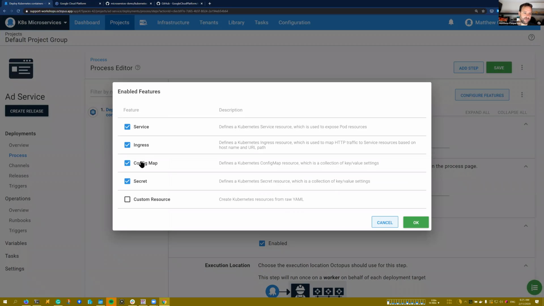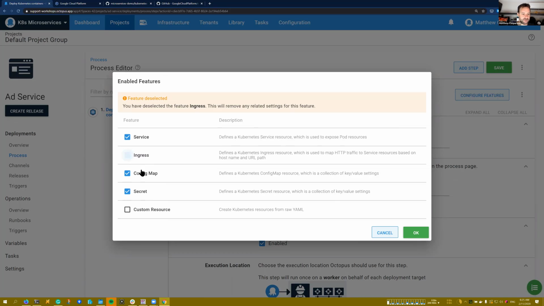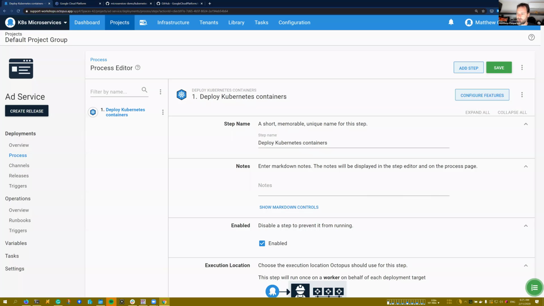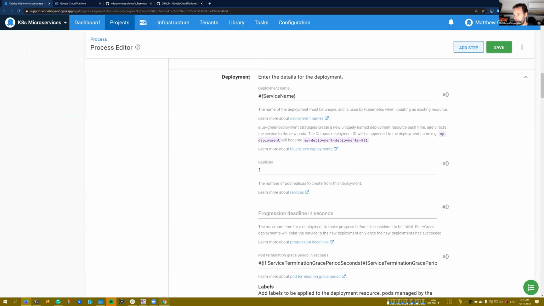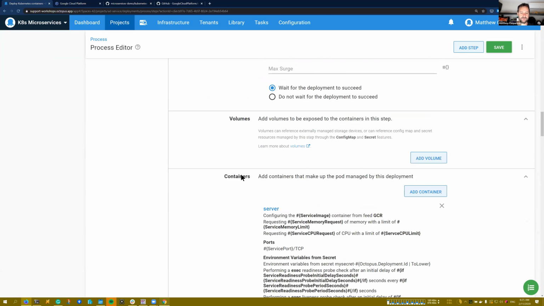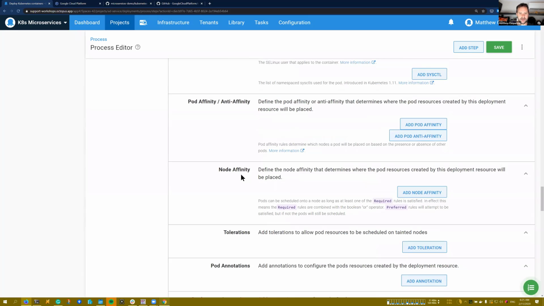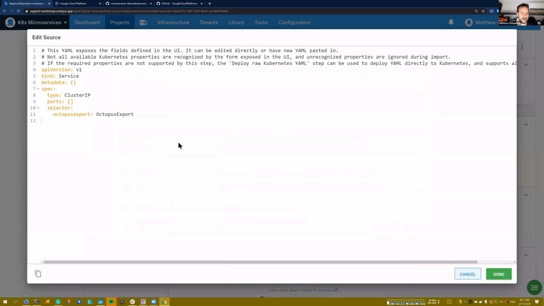So we do have a number of other resources that are tied to each deployment. As we saw, each deployment has a service paired with it in the original YAML. We won't actually be using any of the ingress, config map or secret, even though we actually are using secret. We're going to define that as a custom resource, which I'll enable here. All right, so the next step then is to add that secret, the service that's paired with each deployment. And again, we'll do that through a